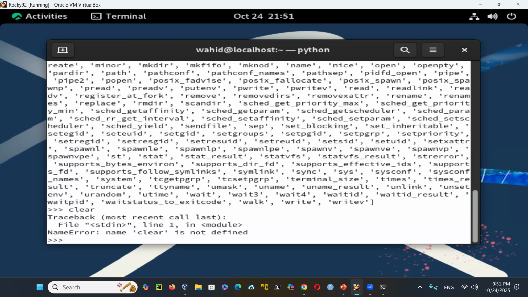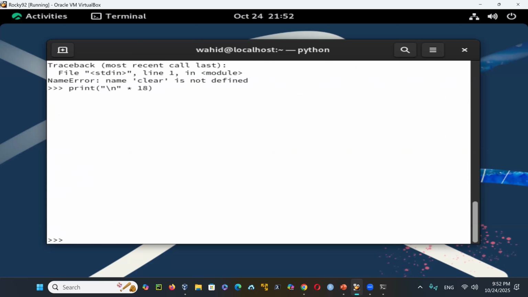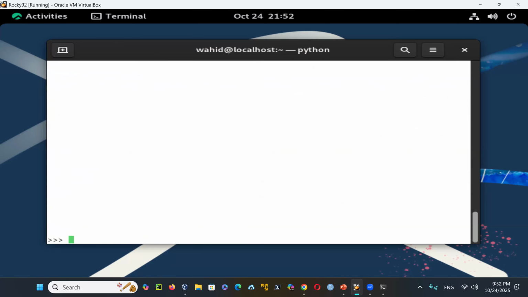So, for example, I wanted to clear the screen from my Python IDLE integrated development learning environment. It is impossible to clear it from that one. So the way you could do it is to say print. I said it's impossible, but no, it's not impossible. You could do it like this 18 times, or maybe 28 times, and then it clears my screen, but my prompt is at the bottom, right? So if I want to do this the right way, I could say